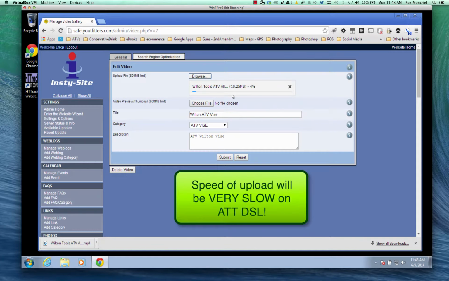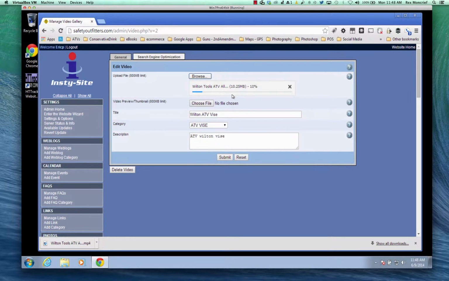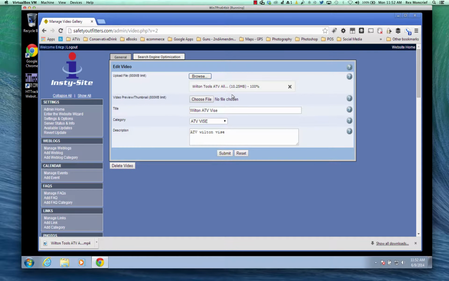And obviously the faster your connection is, the faster this will upload. If your DSL is still giving you problems, even though it's only a 10 meg file, this may take 30-45 minutes for you guys to upload. On my connection, it shouldn't take very long at all here. Okay, so the video file is now showing 100% uploaded, and that took a while even on my fast connection. So that tells me that their servers or network on their end might not be super robust, but that's okay. So once it's 100% uploaded,